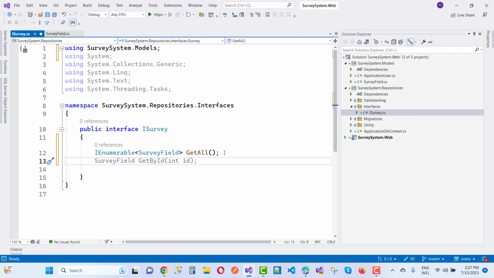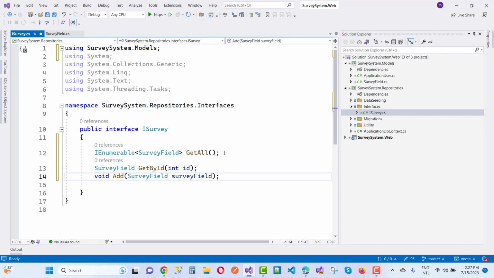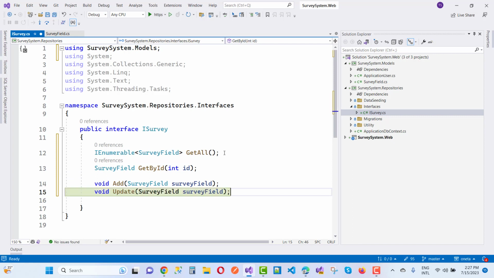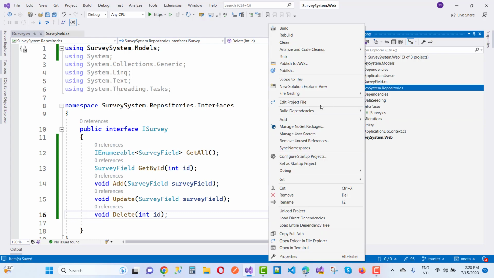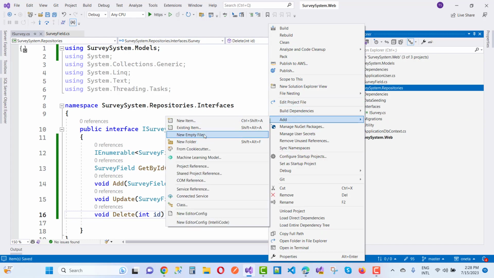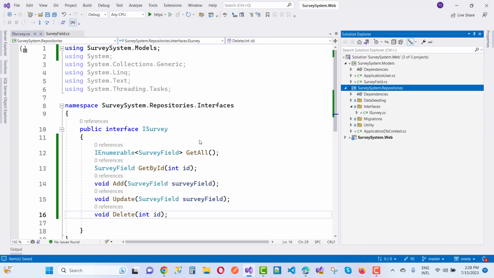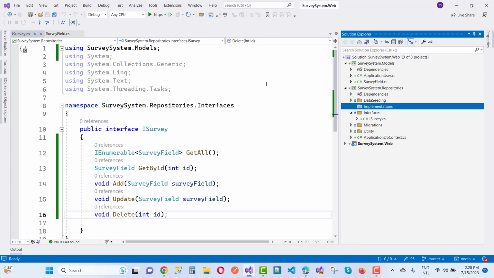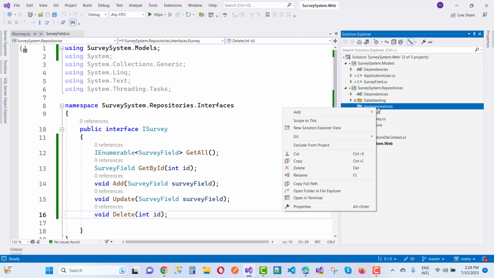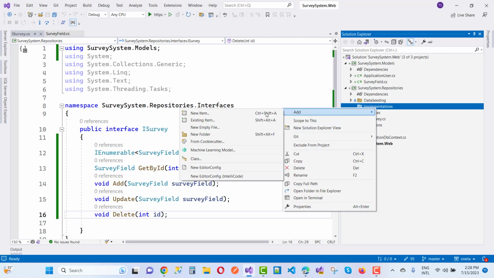Remaining, we have GetById based on the ID property, and the next one is AddSurveyField, the next one is UpdateSurveyField, and the next one is Delete. So here we have some survey fields. Now I'm going to design some repositories, the implementation, and in the implementation just add SurveyRepository,